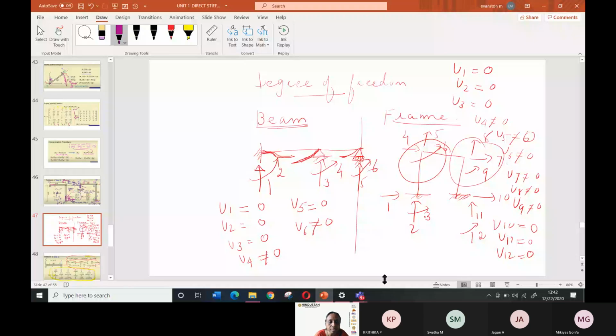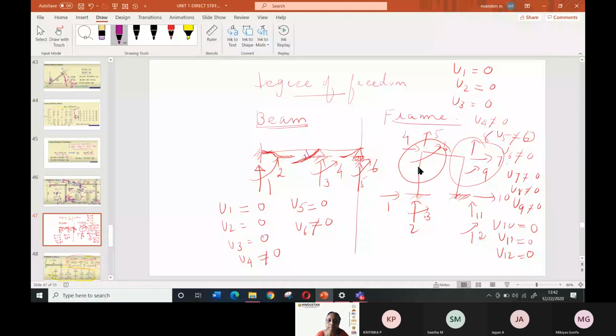already. So when you take this case, you will have u1 equal to 0 because vertically it is restrained, and rotation u2 is also 0, and u3 is also vertically restrained, so it is 0, but u4 you will have a rotation. Theta is there here, but here theta is equal to 0. These are the three types of support we are going to deal with, and this is a hinge support, roller support. The horizontal is free, but that we are not considering in the beam.